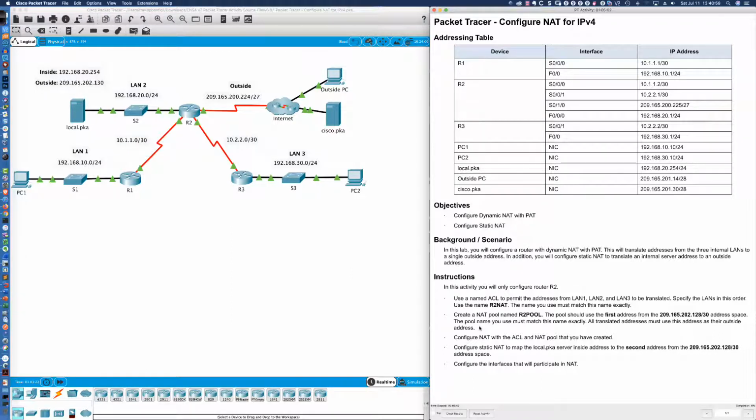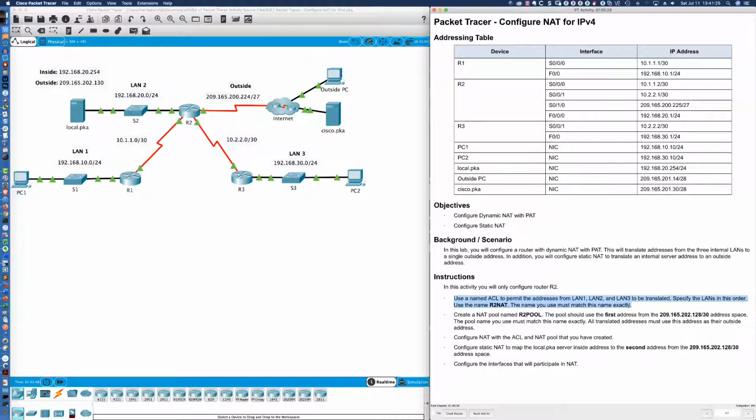Well, you can have a single address in the pool. And so sometimes learners will become a little confused as to how to configure that IP NAT pool statement when we get into the starting address and the ending address, as well as the subnet mask. But we're going to make that crystal clear here as we work our way through. Now, this is going to be a pretty short activity. There's not a lot to be configured here. So let's dive right in.